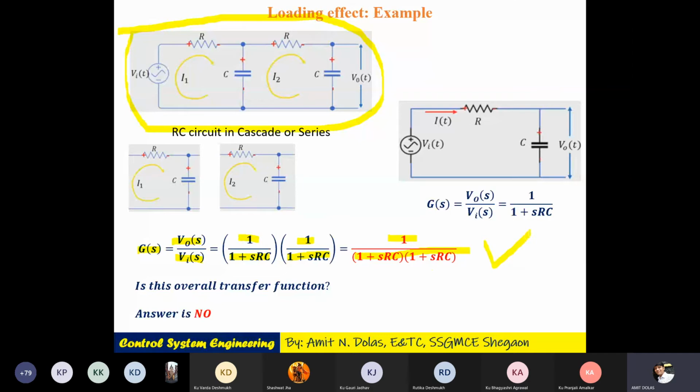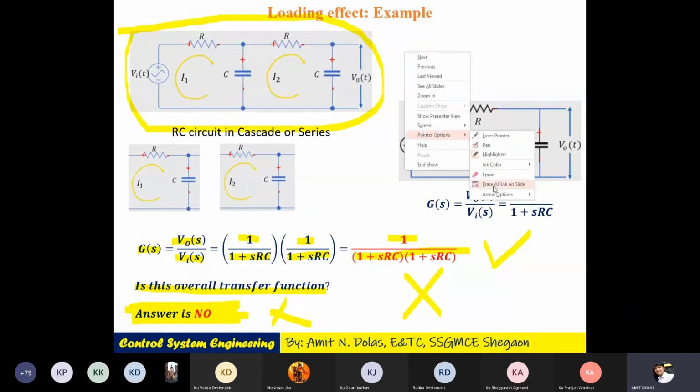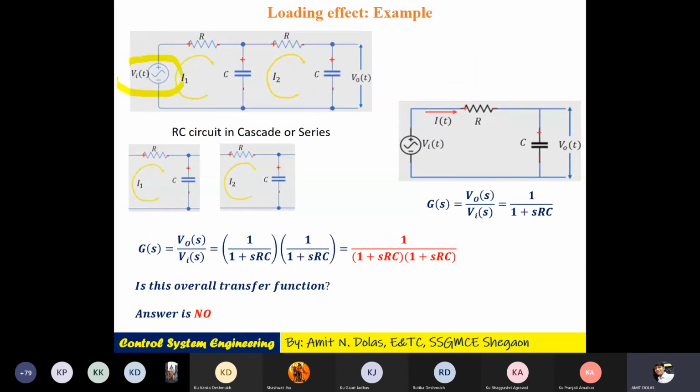Is this overall transfer function useful or applicable? The answer is no. We are going in the wrong direction, we are deliberately studying it this way. The answer is no. This is not the overall transfer function, because if the voltage Vi is applied here, it will